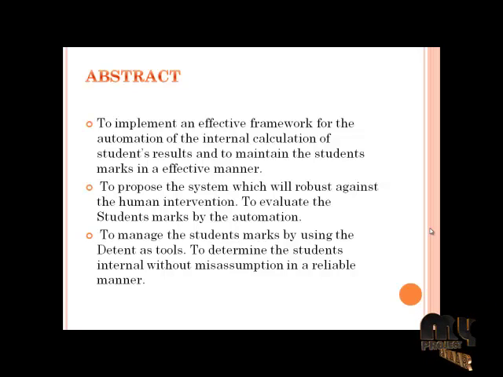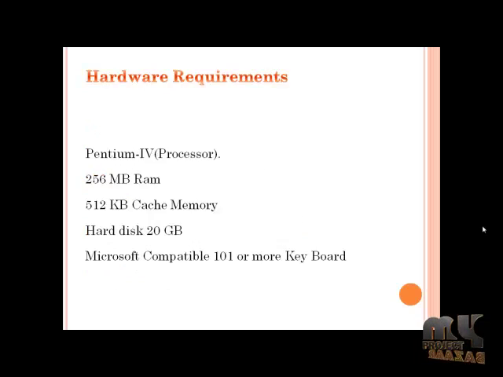The next mode is HOD mode. The HOD mode contains staff detail, department detail and the student detail. He can access all the 3 modes which has been seen above. The next one is principal mode. The principal mode is used to access the detail of a student, department, staff, HOD, etc. He has an extra feature that he can change the mode of a staff into a HOD mode. That's it. Let's see the flow of a project.